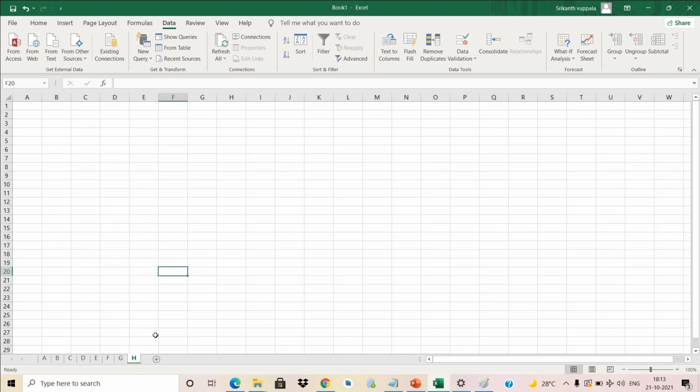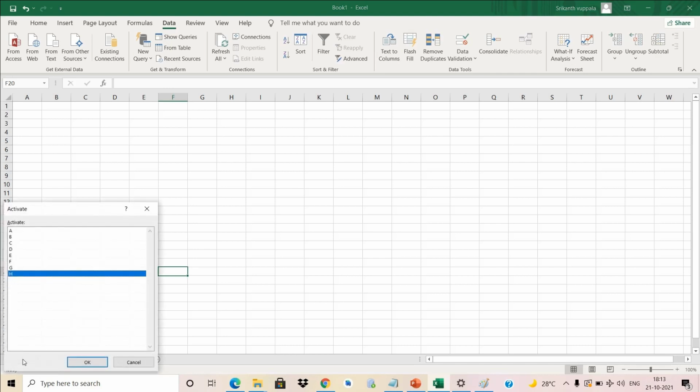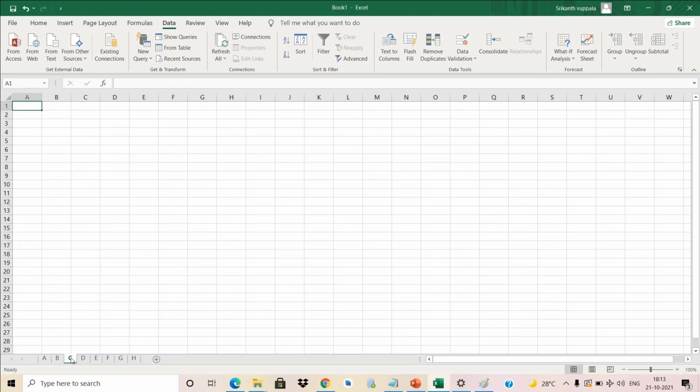So in some cases, when you're working in any office or representing any data, there are multiple sheets available here, and you cannot see all the sheets here. So in that case, you can see there are two arrows here, right? So place your cursor on any of the arrows and right click there. You will see all the active sheets available in your Excel workbook. For example, if I want to go to sheet C, I can double click here. So the Excel sheet will navigate to the C sheet.